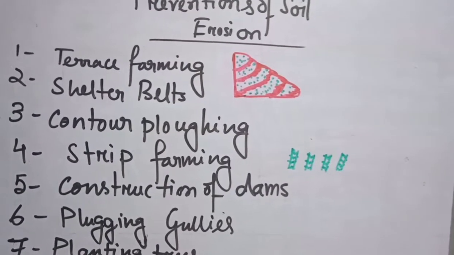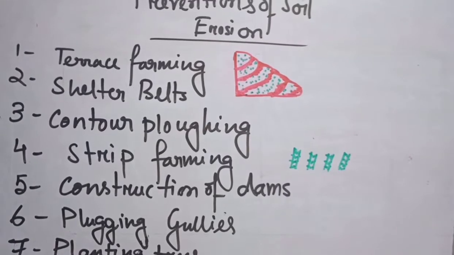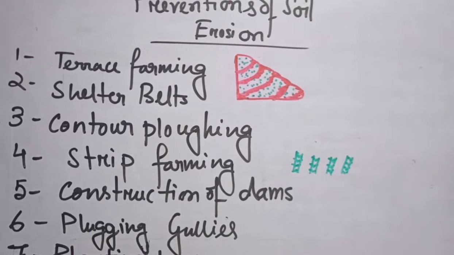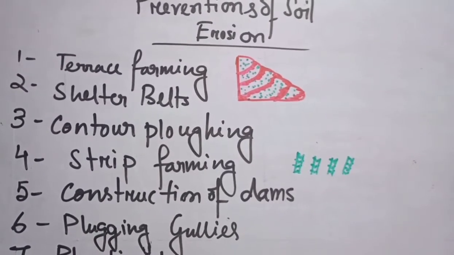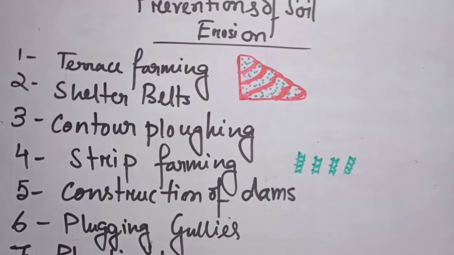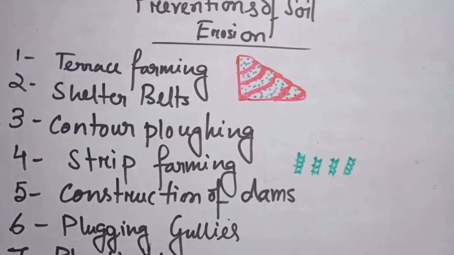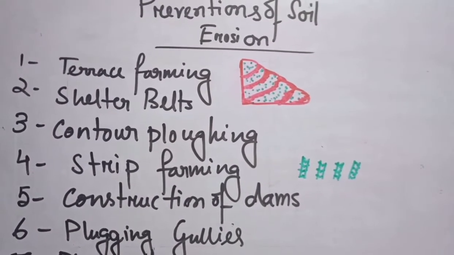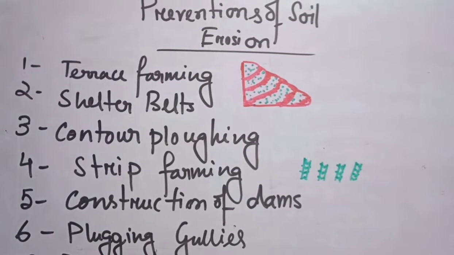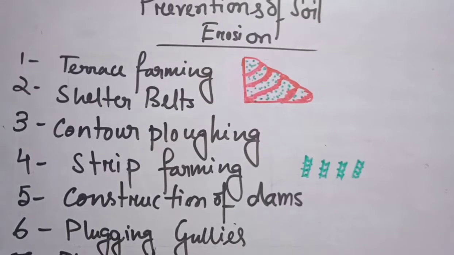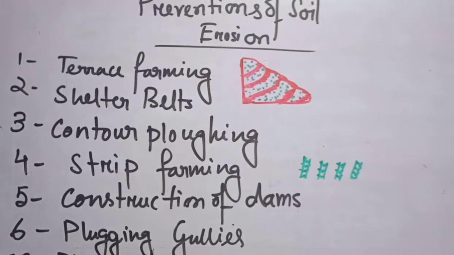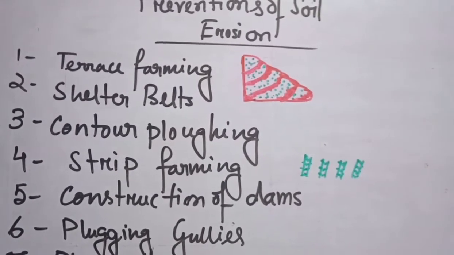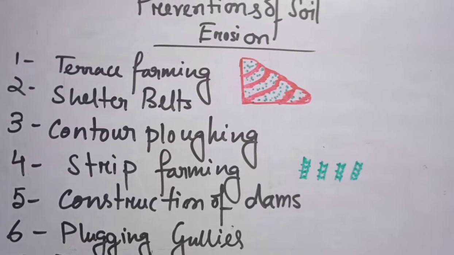But first we should know why soil conservation is very necessary. Soil is the main component of agricultural land, for the productivity of the crops. If the soil is not fertile, there will be no crop production. The fertile part of the soil is the topsoil. When the topsoil is eroded by the work of water or wind, it loses moisture, and day by day the groundwater table can also be lowering.